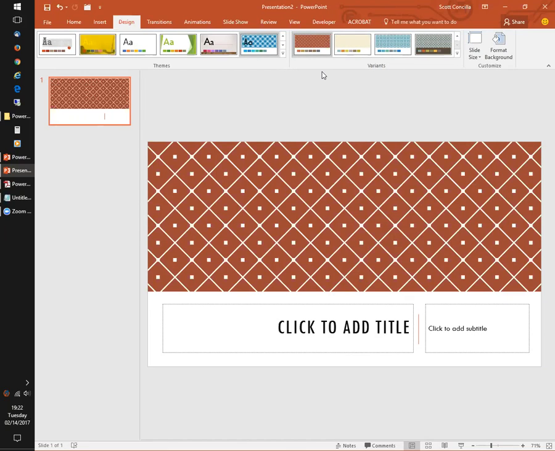I've seen usually either 4 or 8. I understand that the variations can be up to 16, but I've not seen any themes that do that many. So the newer themes in the newer products, in Office 2013 and 16, have a theme that comes with up to 16 variations. The older themes from the earlier versions of Office do not have variations.